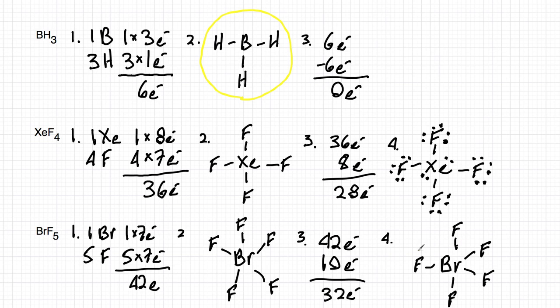So let's go ahead and start giving octets. 2, 4, 6, 8, 10, 12, 14, 16, 18, 20, 22, 24, 26, 28, 30. Okay, everyone's got 8, but unfortunately we have to put down 2 more electrons, and your choices